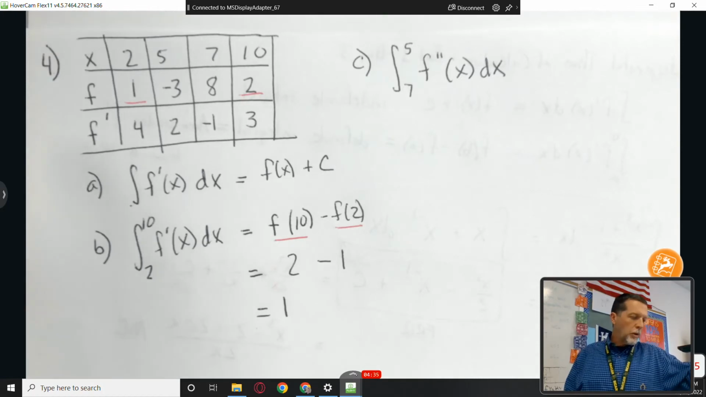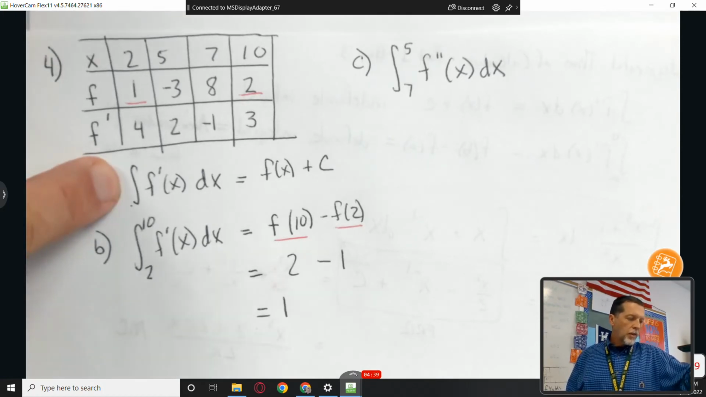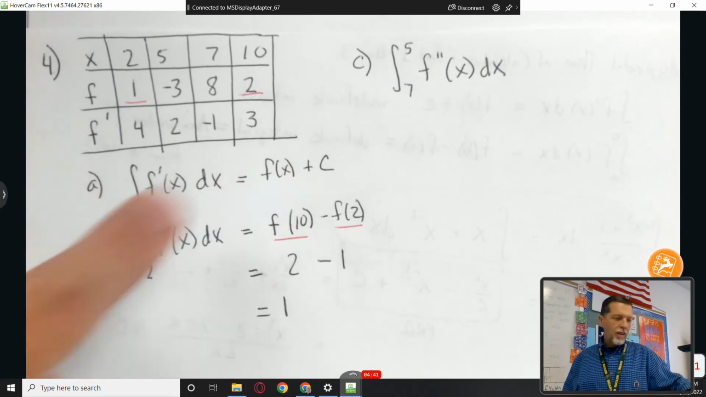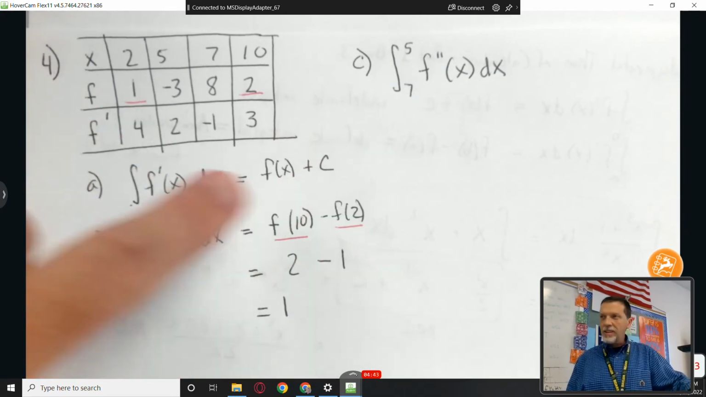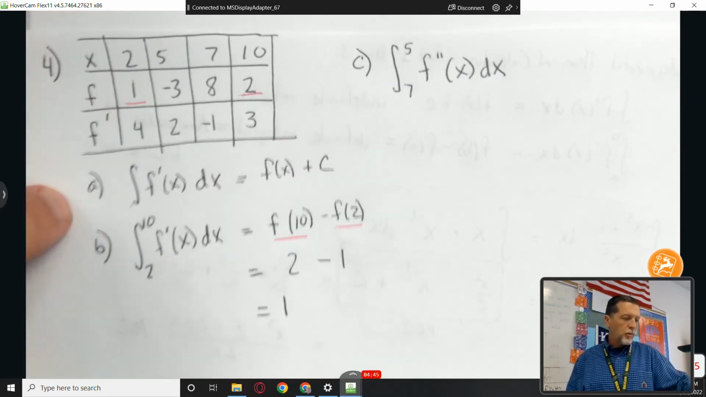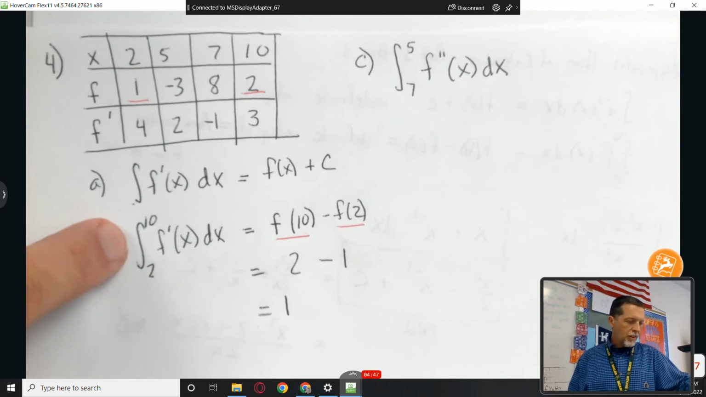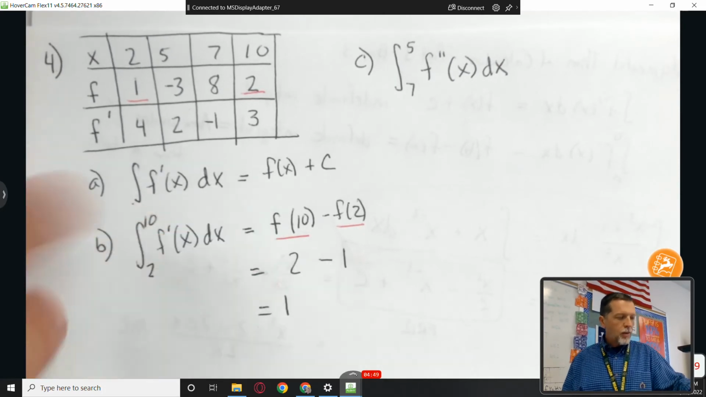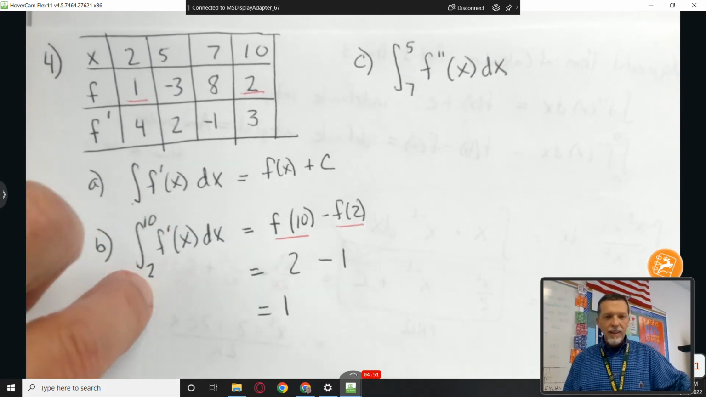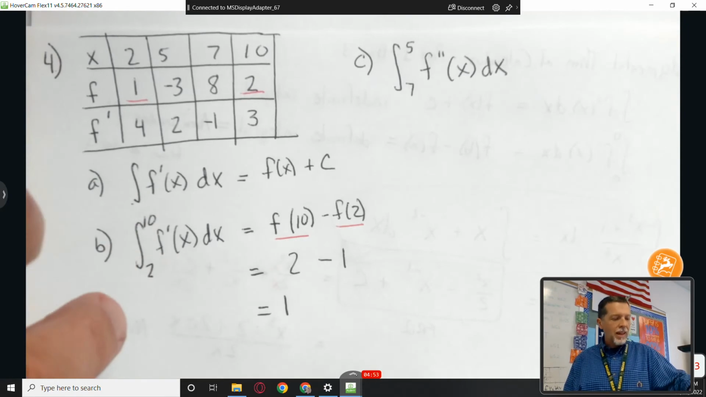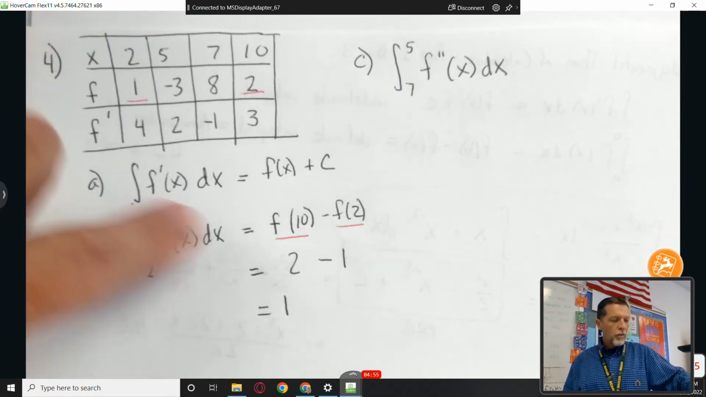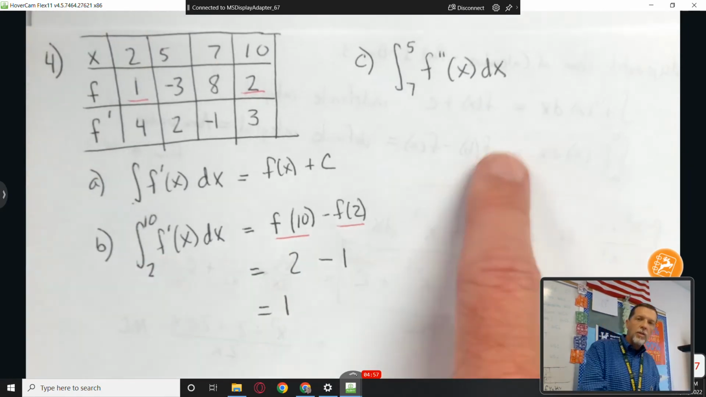Watching at home or re-watching the video, press pause and copy the table down. Antiderivative of the derivative gets us back to f. There are no limits, so just plus c. There's nothing to use the table for in part A. Part B, the antiderivative of f prime is f, but at 10 minus at 2, and then we use the table to find those. And then part C,